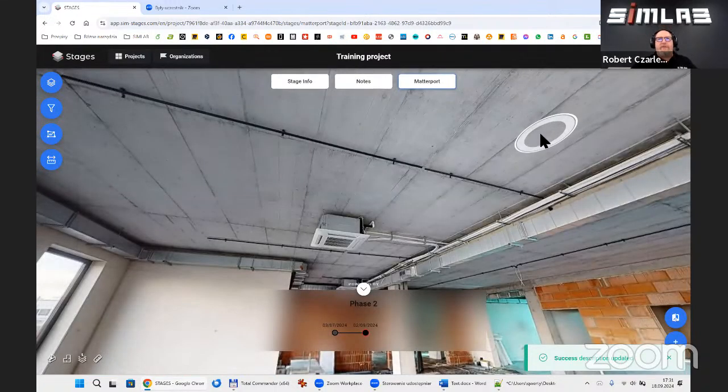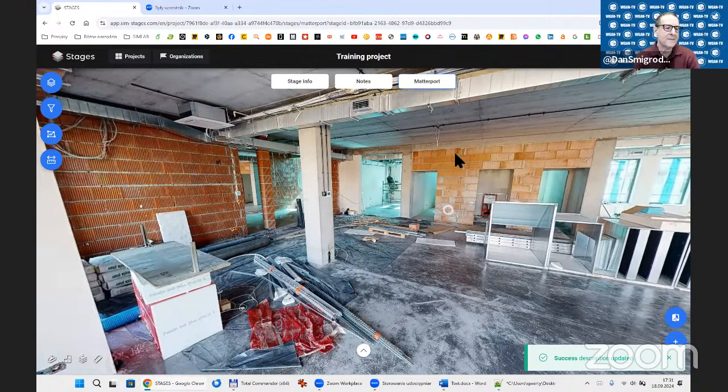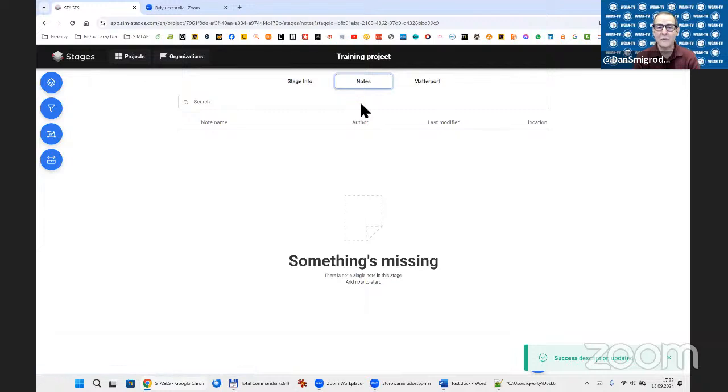Dan, do you have any questions to this part? On the location of a note, I could imagine in a project there could be dozens, hundreds, or even thousands of notes.